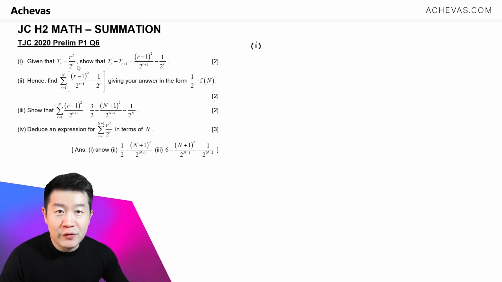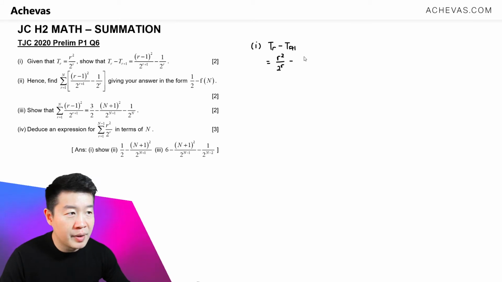We're given the expression for TR, and we are supposed to show that TR minus TR plus 1 is this. So we're going to work with TR minus TR plus 1 on the left-hand side. TR, we'll replace it by R squared over 2 to the power of R. And TR plus 1, I'm going to make use of this and replacing all the R here by R plus